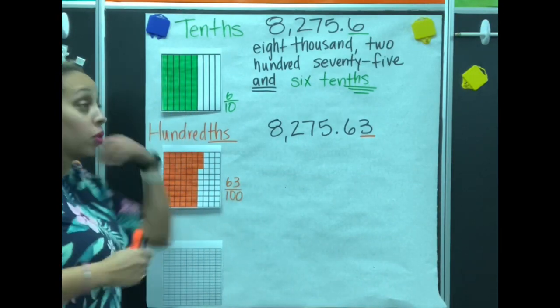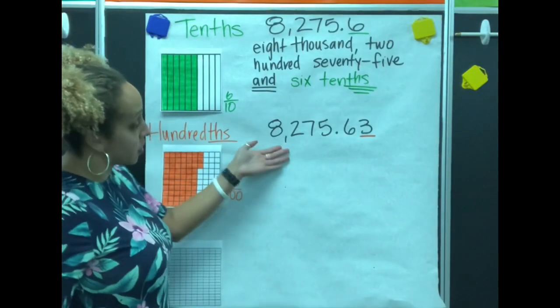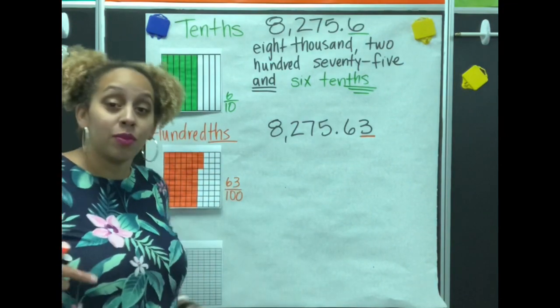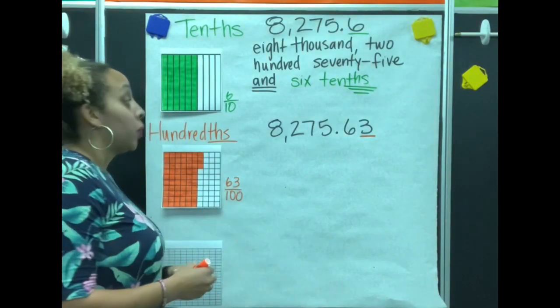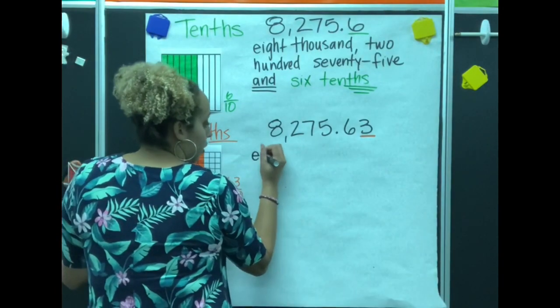Okay? So just like we did up here, how we write it is how we say it. We make sure that if there's a comma, we put a comma in it. We make sure that where there's a decimal, there can only be one. We say and. It's very similar to what we did up here,